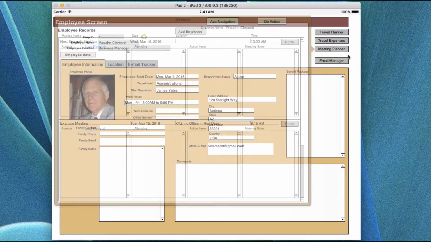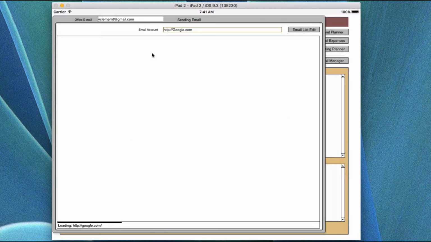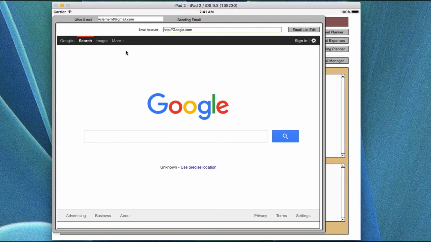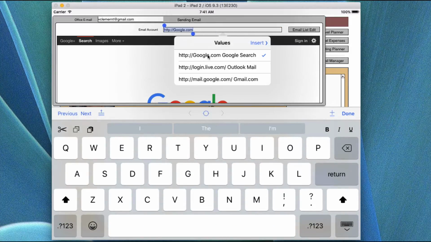Let's talk a little bit about Email Manager. The Email Manager has two pieces of information. You have one where you can actually send an email. Now this is kind of interesting how this works. You have Google as the first screen that came up, but what that actually was is that it was put in, and you have to include the http:// and then the URL wherever you're going to put it to be in the screen. But if you click on this, you're going to see it has a number of them already